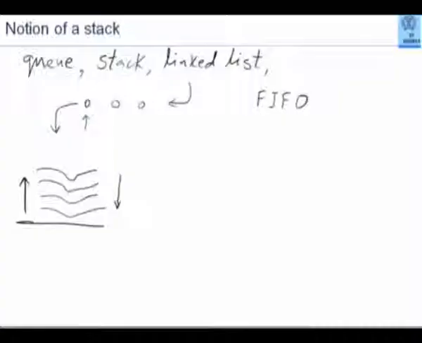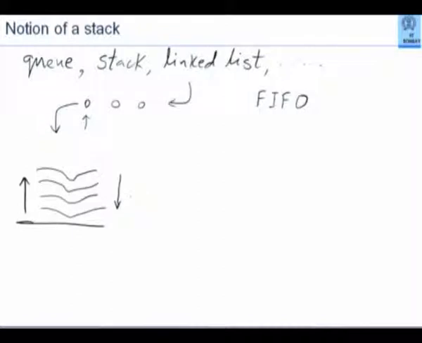If there are 20 plates, can you say, give me the 7th plate from top? Somebody will have to remove the top 6 plates, then only you have access to the 7th. In general, a stack is characterized by the fact that stack is accessible only at top end. It is not accessible anywhere else, unlike the queue. In the queue, people enter at the back, rear and get out from the front. Here, everything comes on the top and goes out from the top.